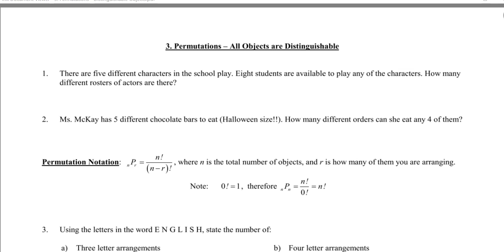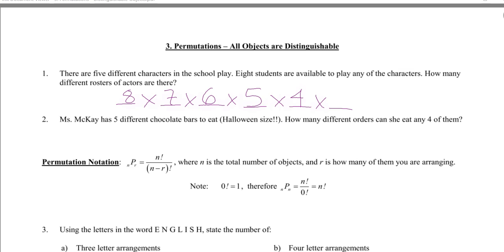There are 5 different characters in the school play. 8 students are available to play any of the characters. How many different rosters of actors are there? So really, this is just a fundamental counting principle question. We have 5 things, these things being actors. How many choices do we have for the first part? 8. And then, notice when I say and, it's multiply. And then, and